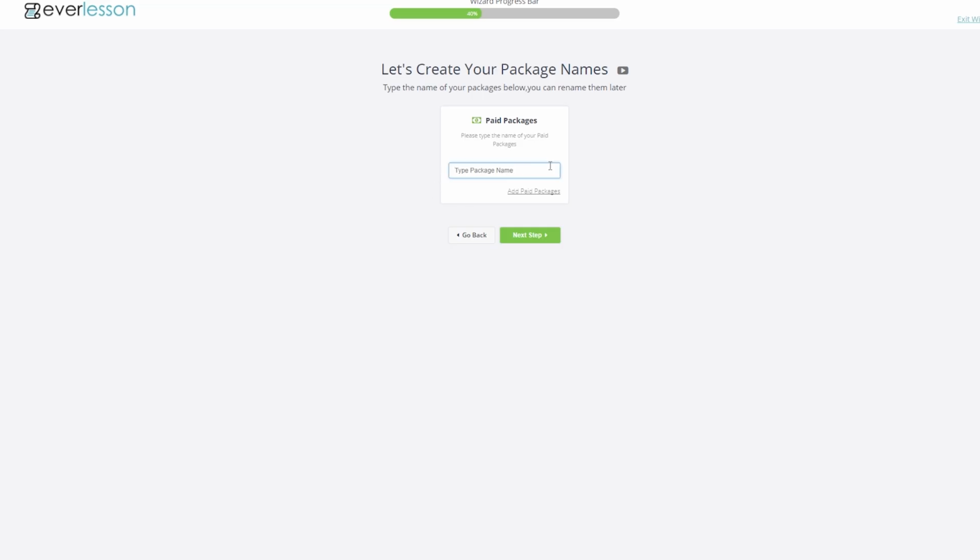And from your perspective, not so much the customer's perspective, but from our perspective, we need everything organized by packages for transaction purposes. That's all the things, modules that they will get access to when they make a purchase via a certain buy button or page. And that's just how Everlesson organizes things for transaction purposes. So let's go ahead and call this one